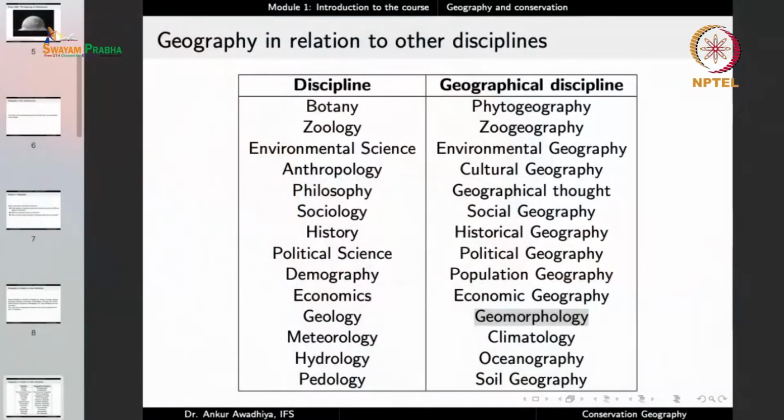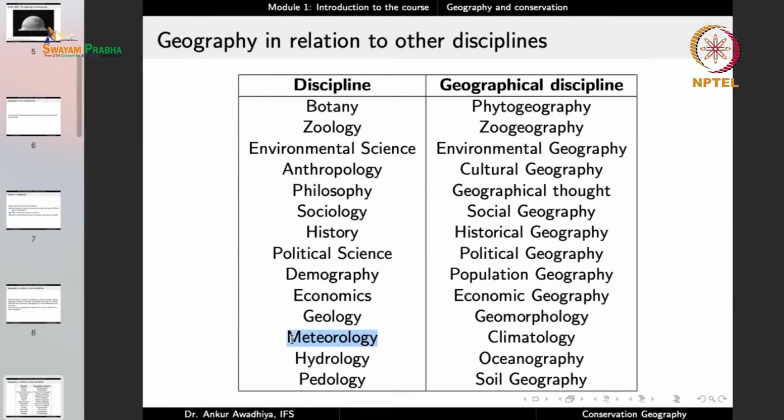Now here we ask the question, what are the different features that are found on the earth? Now we'll get the answer. Okay, we find hills, we find mountains, we find plateaus, and so on. The next question is, where is a particular feature found? Where do we find hills? And then the third question is, why do we find hills where they are found? So here again, we are talking about these three questions of areal differentiation, but in the context of geology. So this is the discipline of geomorphology.